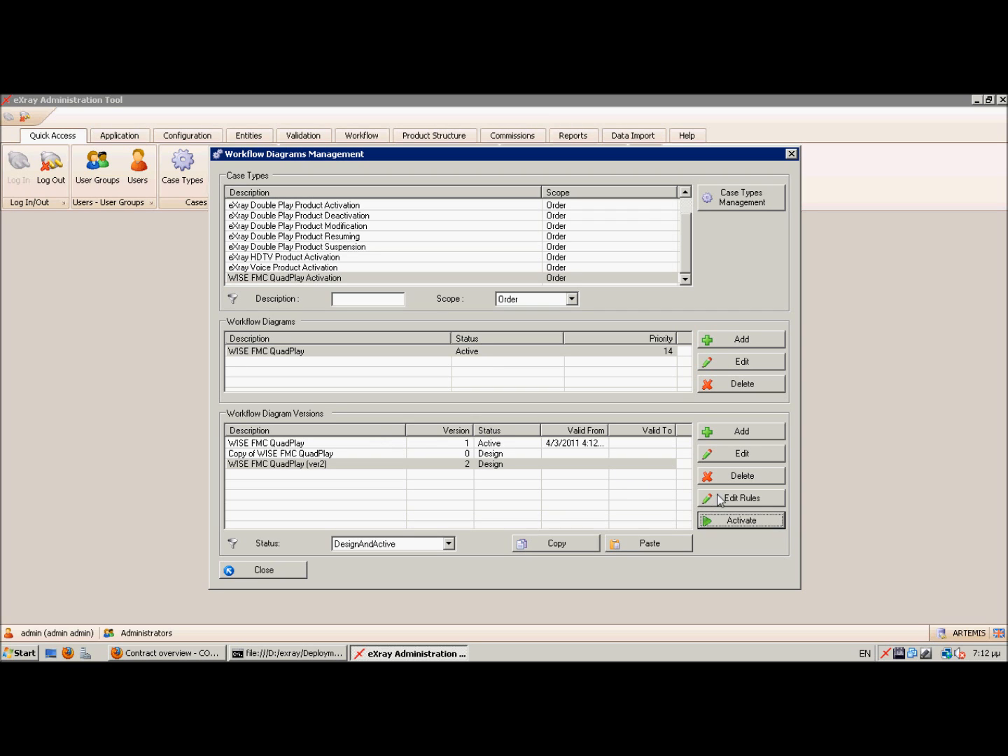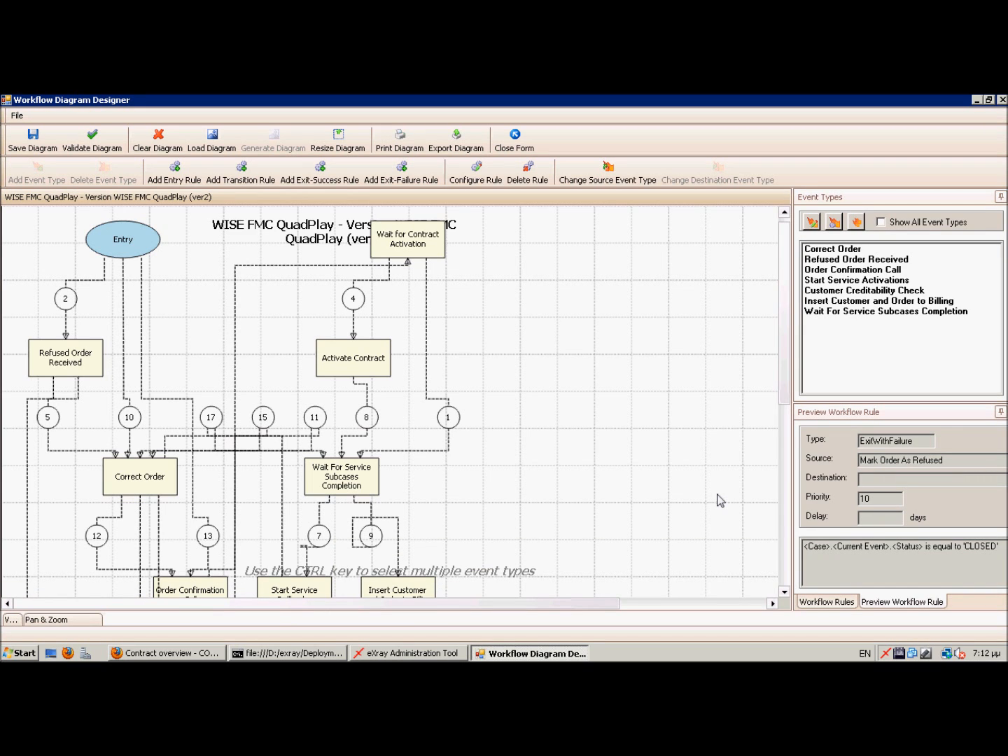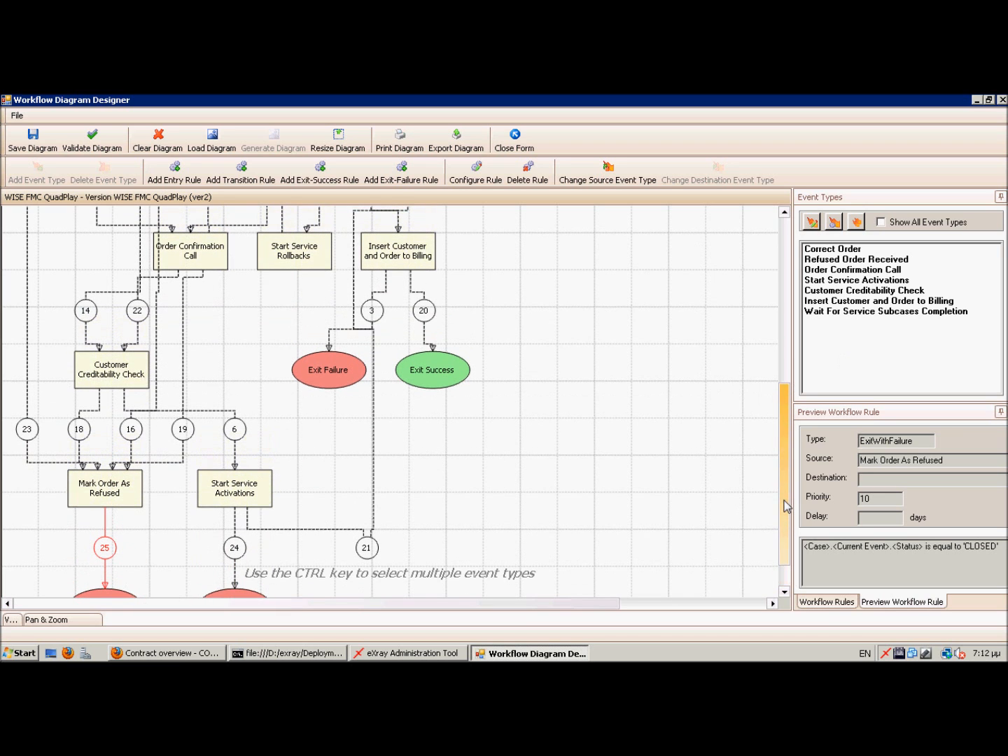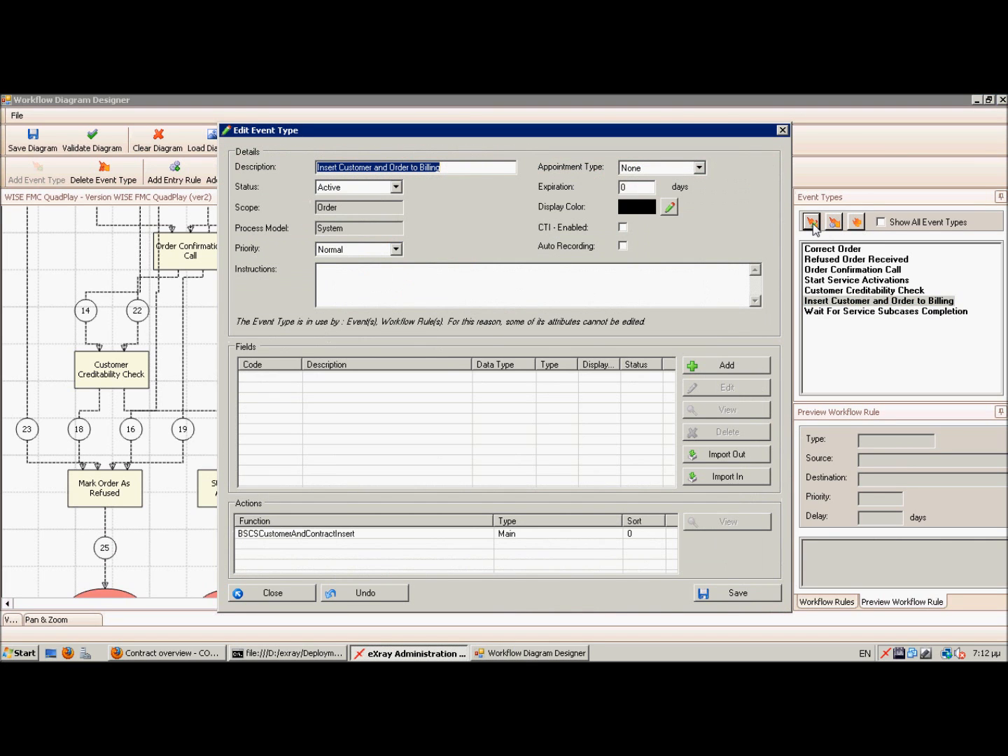In addition to what we have already seen, I want to show the area where the integration part to the BSCS has been placed. If we go back to our workflow, there is a specific event that defines the insertion of customer order and order to the billing. If we edit this event, we will see that it is a system event. The user does nothing. It's a system event, and it contains a specific action, a BSCS customer and contract insertion,